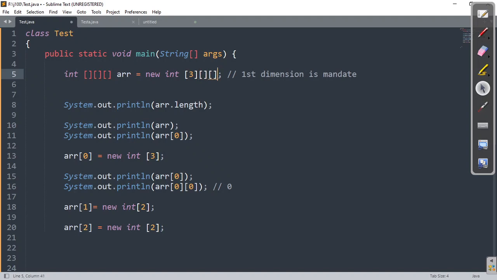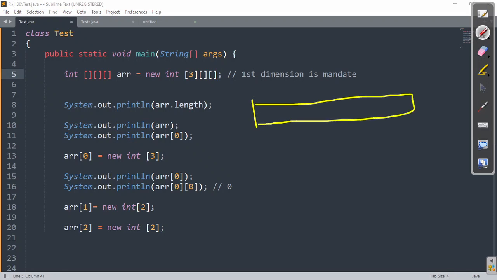See, the base address is pretty much required. If I talk about a triple dimension array, the story will be like this. Remember this point. Base address is 3. So this is 0, 1 and 2. Now, since this is a 3-dimension array, A of 0 will be a 2-dimension array, right?